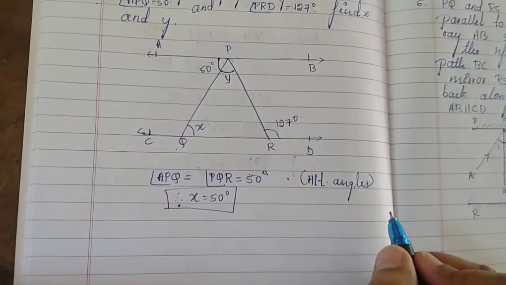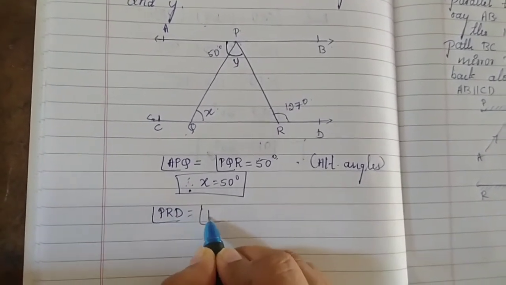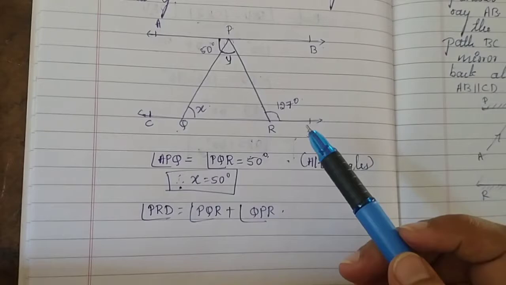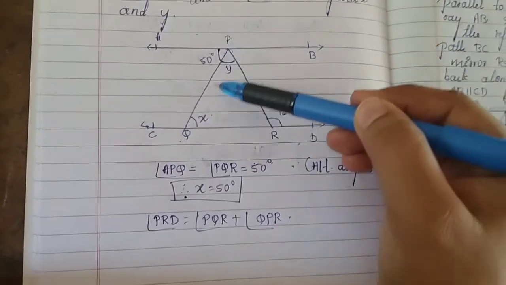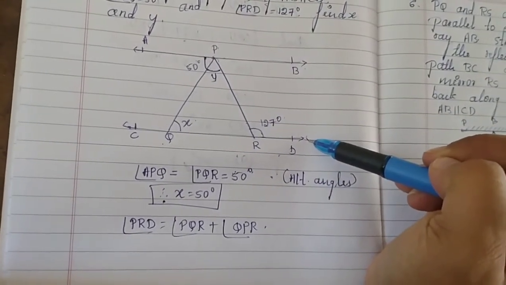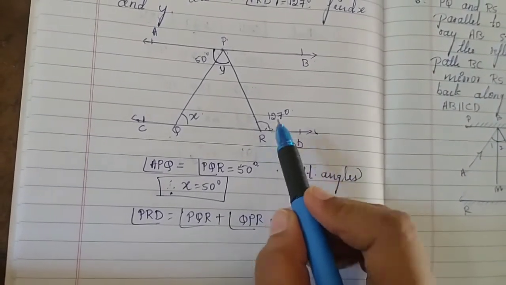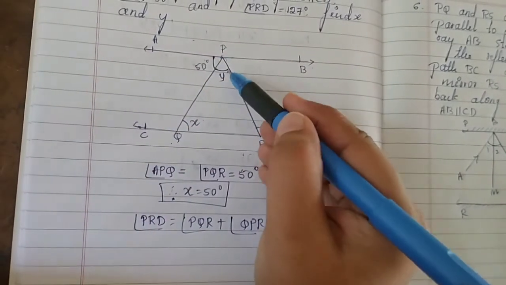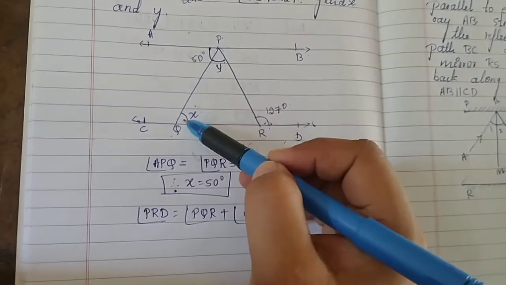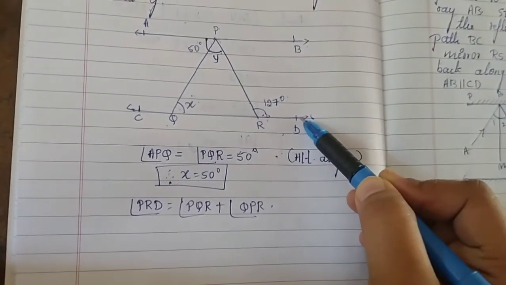Okay. So now the next thing is what here? Angle PRD is equal to angle PQR plus angle QPR. Okay. So now see here, this is one triangle. PQR is a triangle, right? So now you can see PRD is an exterior angle, right? So we know that the exterior angle will be equal to the sum of the two interior opposite angles, right? So this is the exterior angle. Opposite to this, which angles are there here? X and Y, right? So for that sake, I am writing here angle PRD, that is the exterior angle, is equal